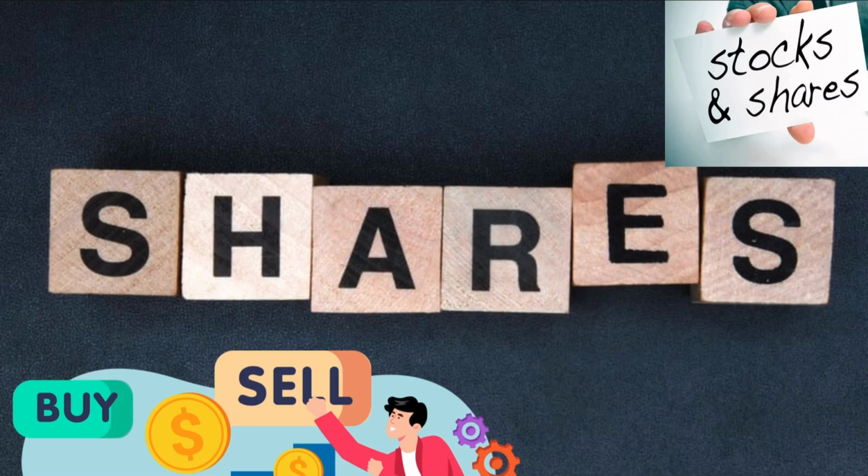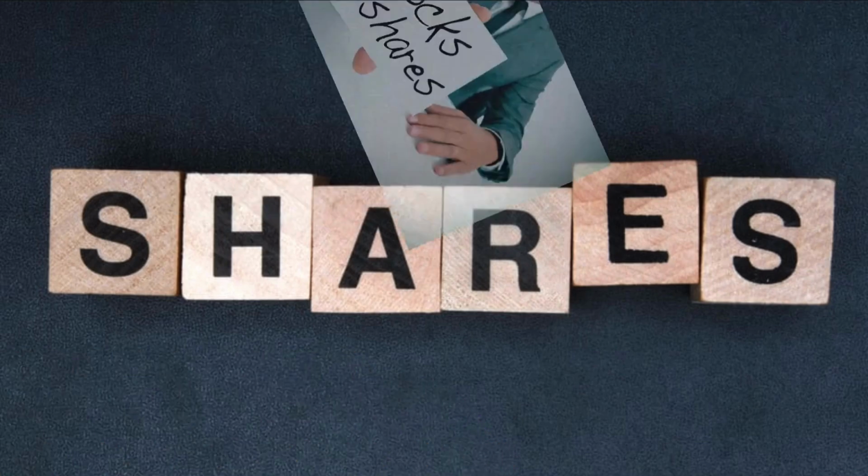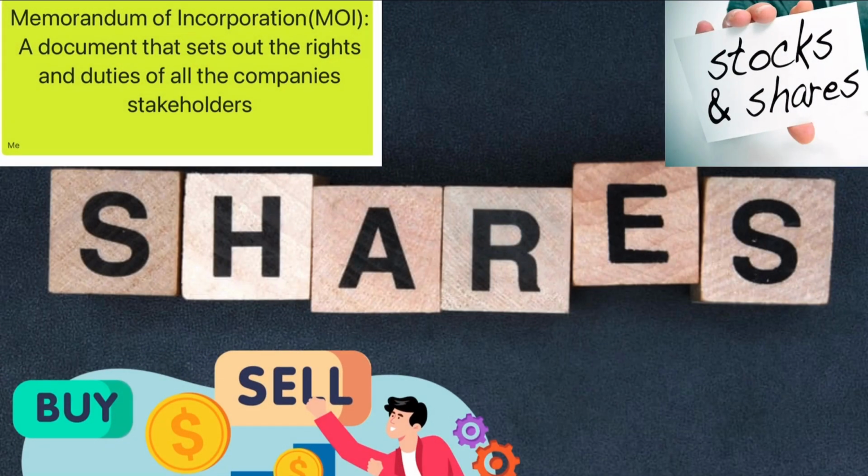In the last video, we went through the company, the directors, and its functionalities, but in this video, we'll focus more on the shareholders. So, remember that document that we talked about, the Memorandum of Incorporation? The MOI of a company will also stipulate the authorized share capital, which is the maximum number of shares that the company may issue. And it is a very important thing to look at for a shareholder because it may actually stipulate or decide your percentage holding in the company and what it could be.